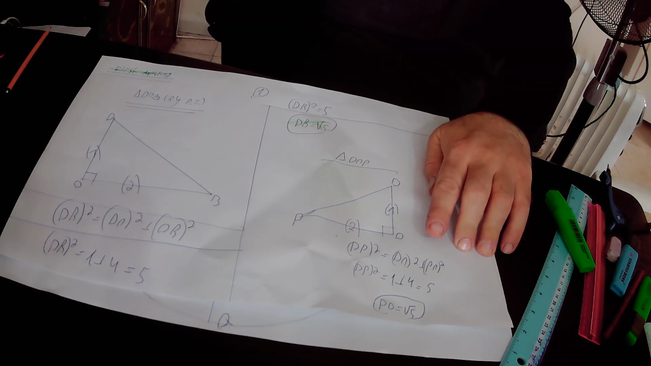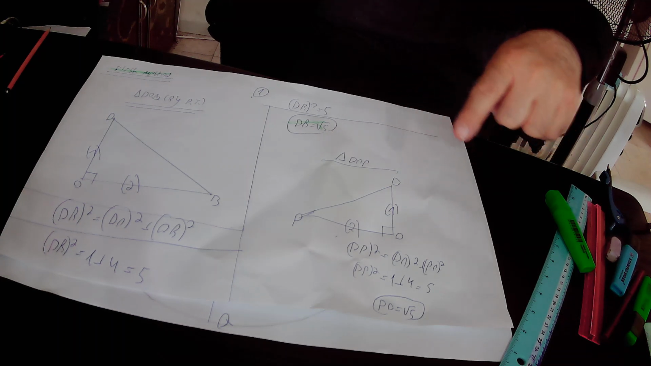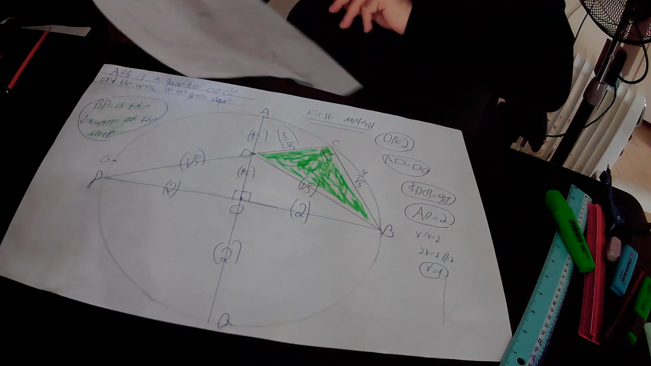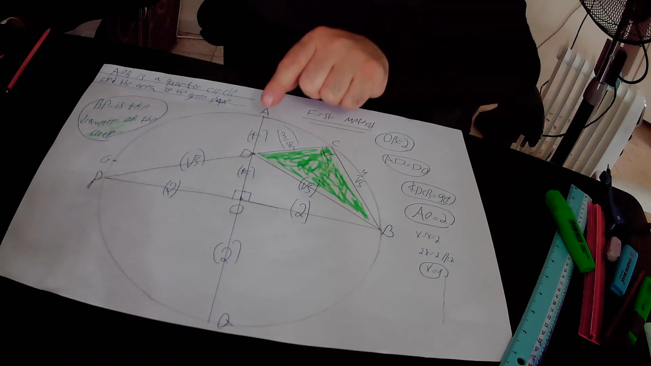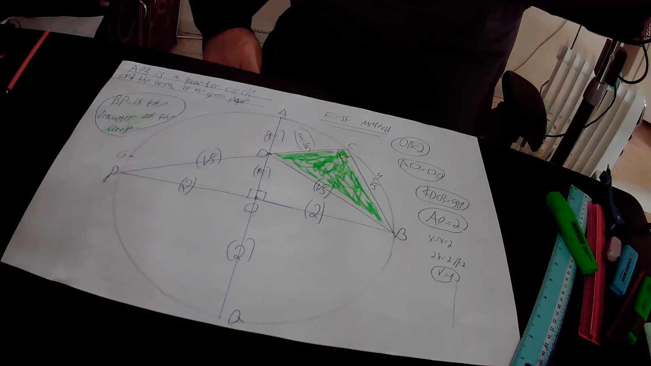We took the square root of both sides and finally found that the side PD equals the square root of 5 units in length. Here, PD or DP equals the square root of 5 units in length. In the next step,